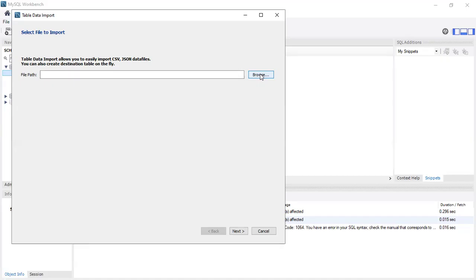And how do you differentiate between Excel and CSV? A CSV file ends with the extension .csv, while an Excel file ends with the extension .xlsx, right? So if you see an Excel file, you already know. If you see a CSV file, you already know. Let me see if I can show you that